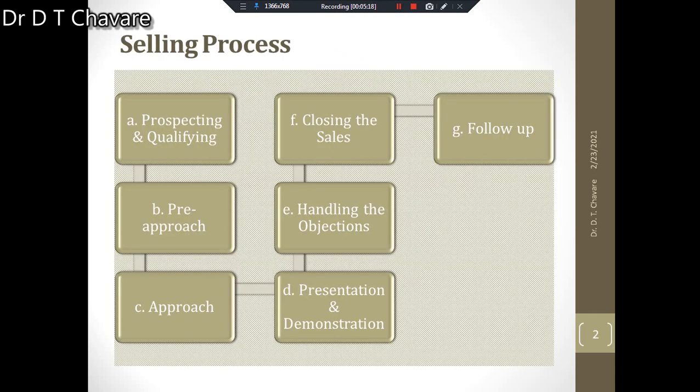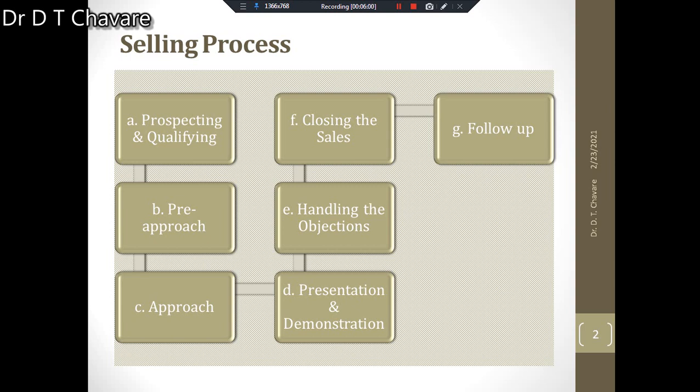Then another thing we have to understand, that is the salesman. The salesman is supposed to make complementary and supportive behavior and action when the customer is passing through these mental stages. It means that when the customer is thinking about such qualities, features, price and all such things, at that time the salesman has to provide mental support to the customer. Try to understand. It means the customer requires such mental support from the salesman also.